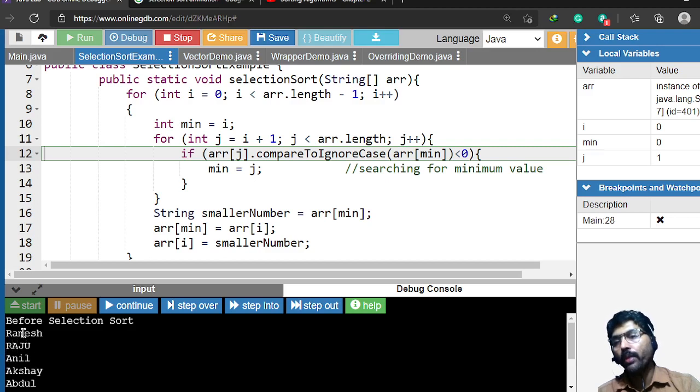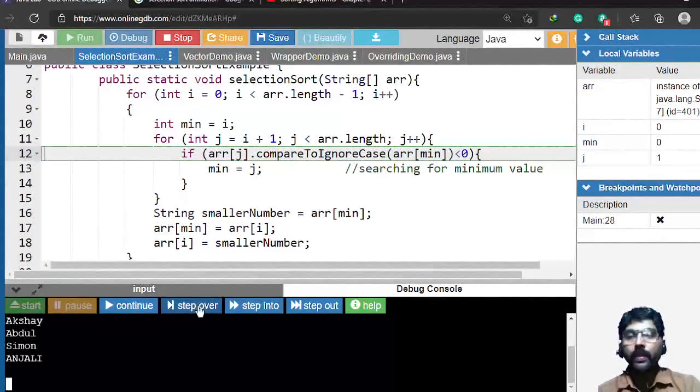Next part comes M and J. M is larger than J as a character. M is larger, J is smaller. So here it will do the comparison, and J value is stored in the minimum.